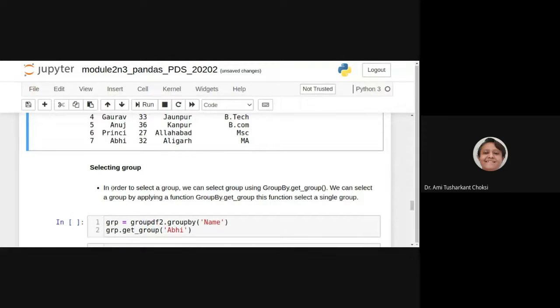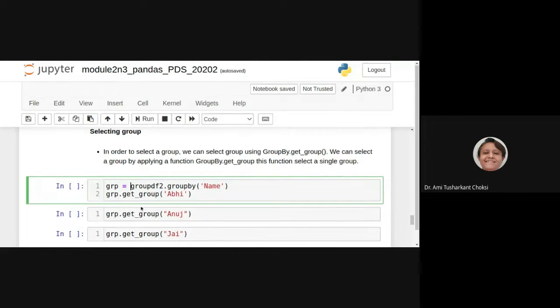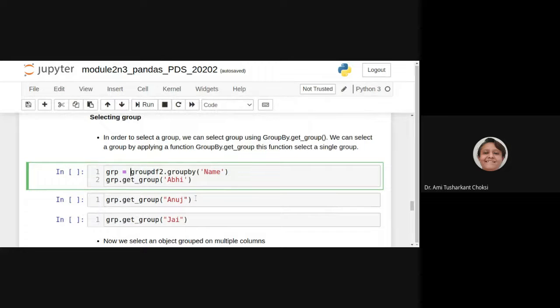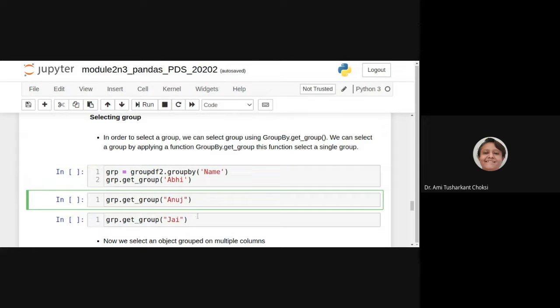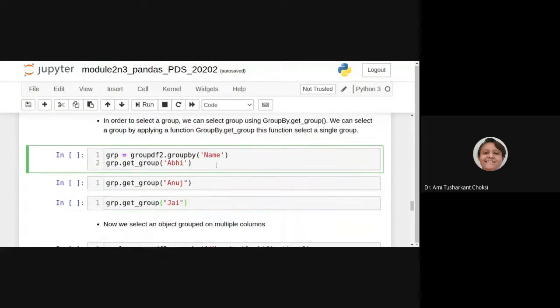Now selecting a group. In order to select a group, we have to use groupby dot get_group. Let's see that. Say group df2 dot groupby name, so we will have the groups available. From that, I want to get a particular group only.